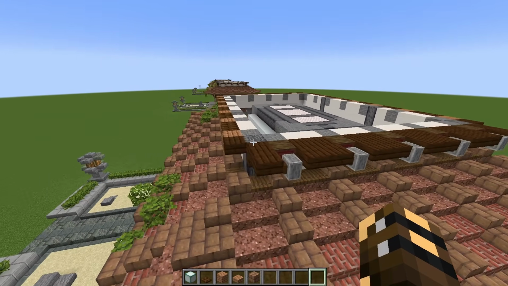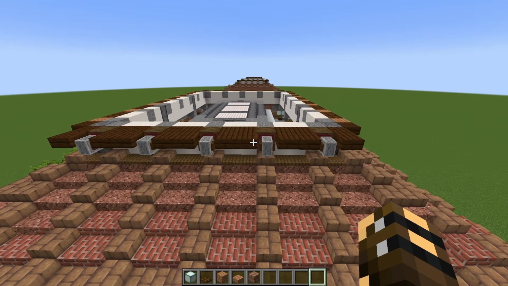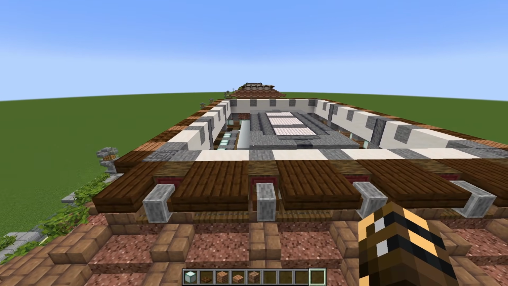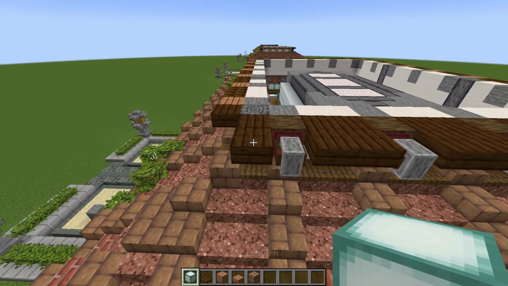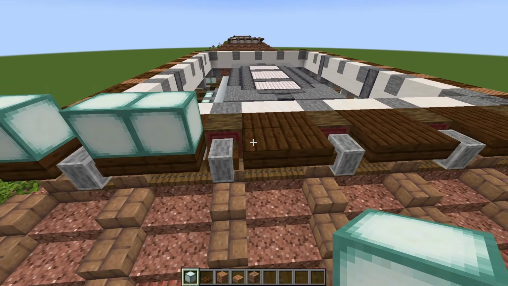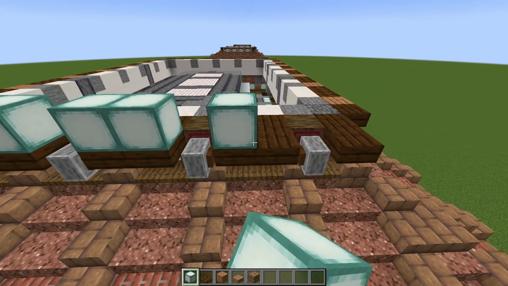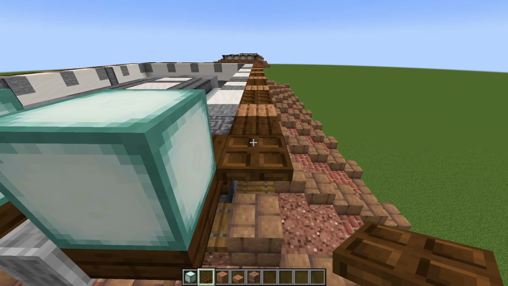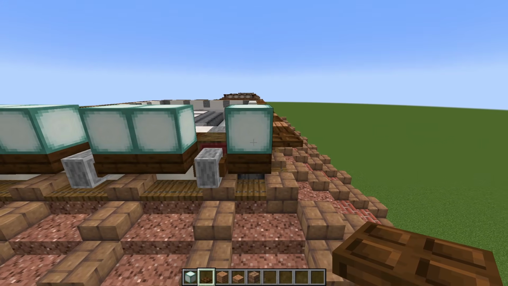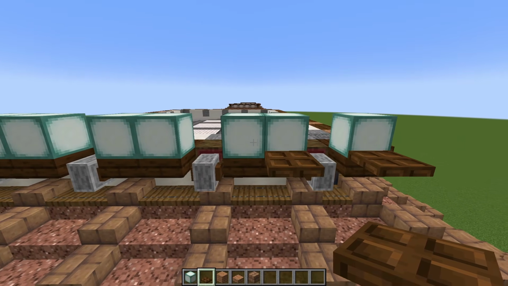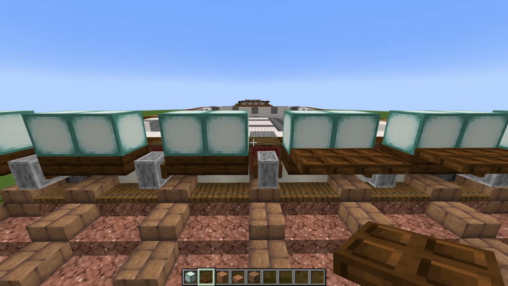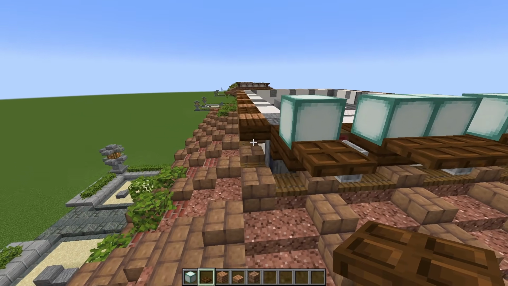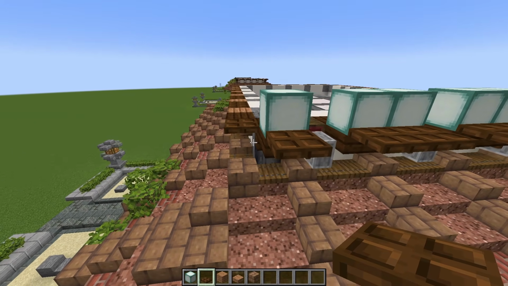Okay, now we're going to come back to our side walls, and once again what I built here, only build on the opposite side. So on top of these dark oak slabs, we are going to place sea lanterns all the way along, then grab a dark oak trapdoor. We're going to place 1 right there against that slab, and then we're going to place them against the bottom half of the sea lantern. So against the sea lantern, not the slab below it,